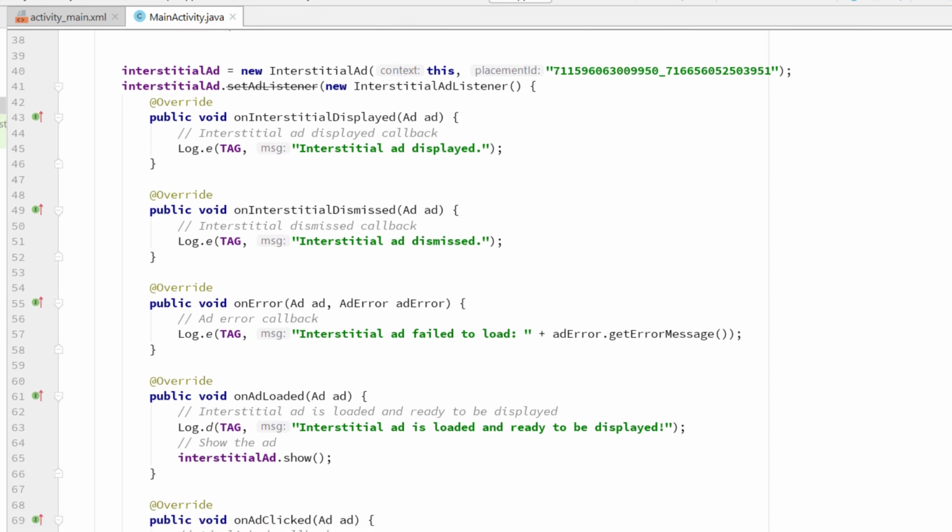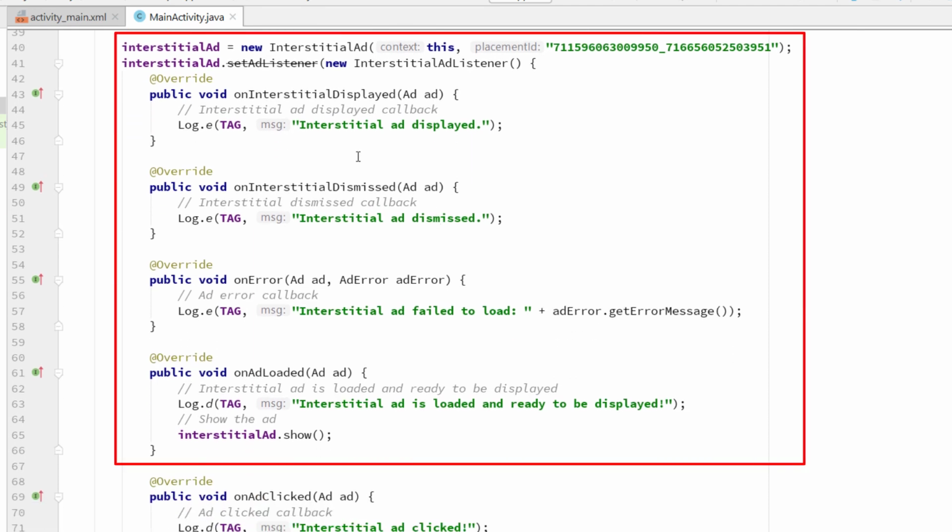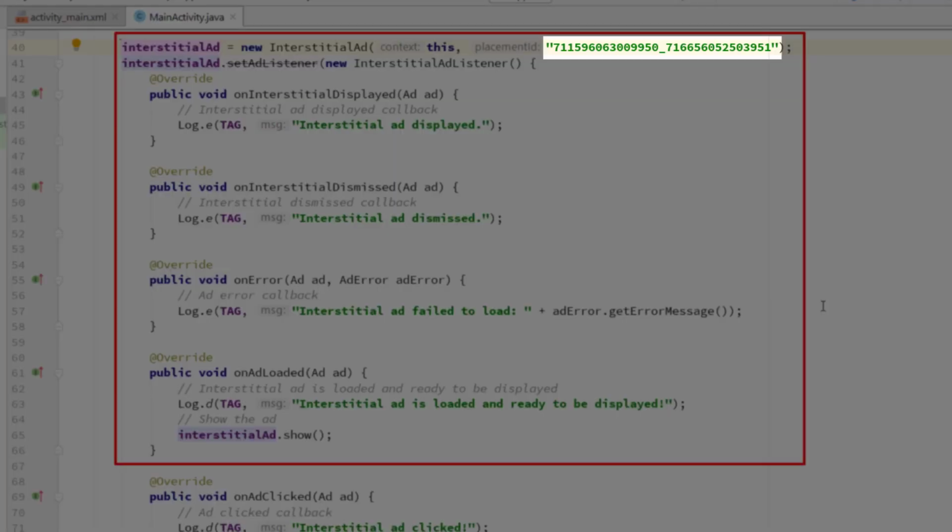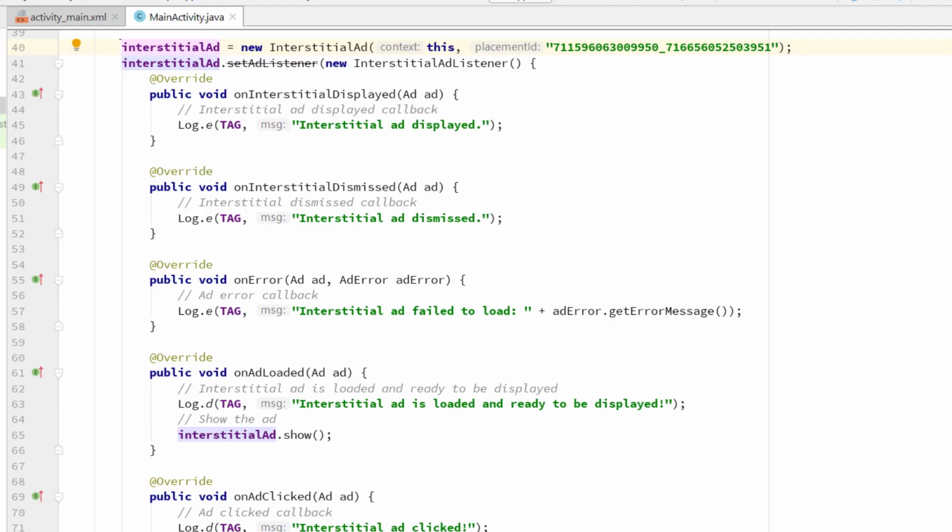Next, inside the onCreate method, we have to initialize this interstitial ad variable. So simply write whatever code I have highlighted here. Please make sure that you replace the placement ID in line number 40 with your own interstitial placement ID, which we have created in Facebook Audience Network just earlier.